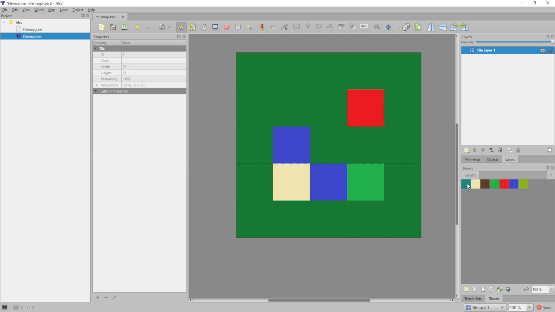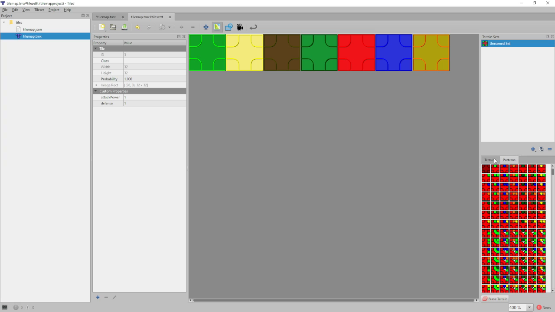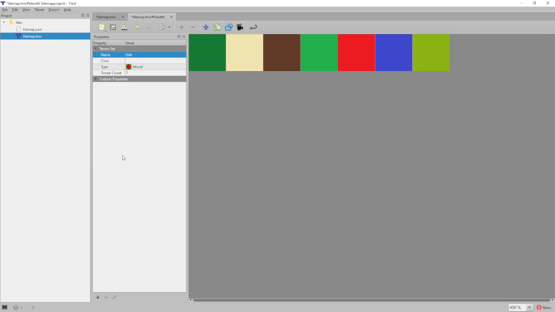It just switches back to... Also, did I... This needs to be set. So it's 7 terrains. Okay, and if I close this,